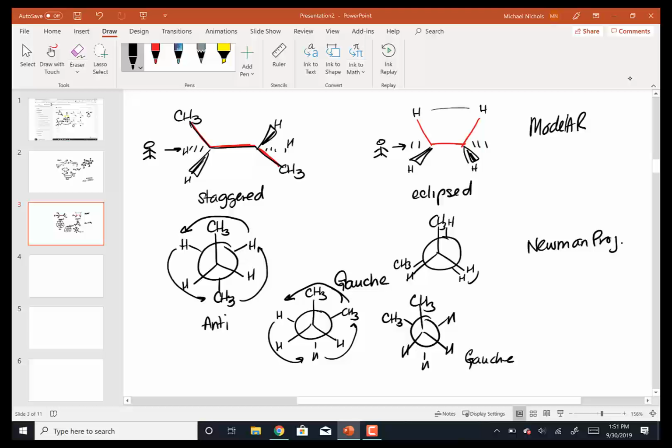What we need to do is take these in our chairs and put them together so that we can figure out how to rank them according to energies. Okay? So that's what we'll do on Wednesday as well. So today and Wednesday are both chairs and Newmans. I have your homeworks